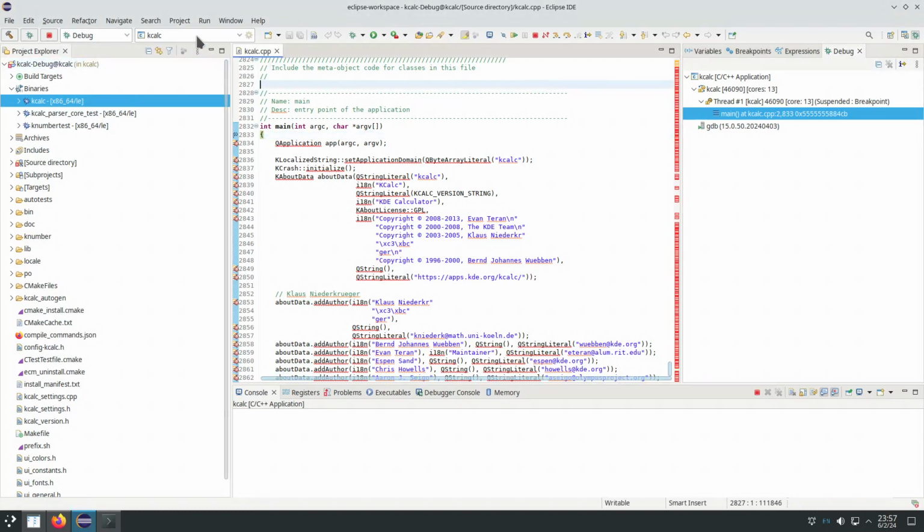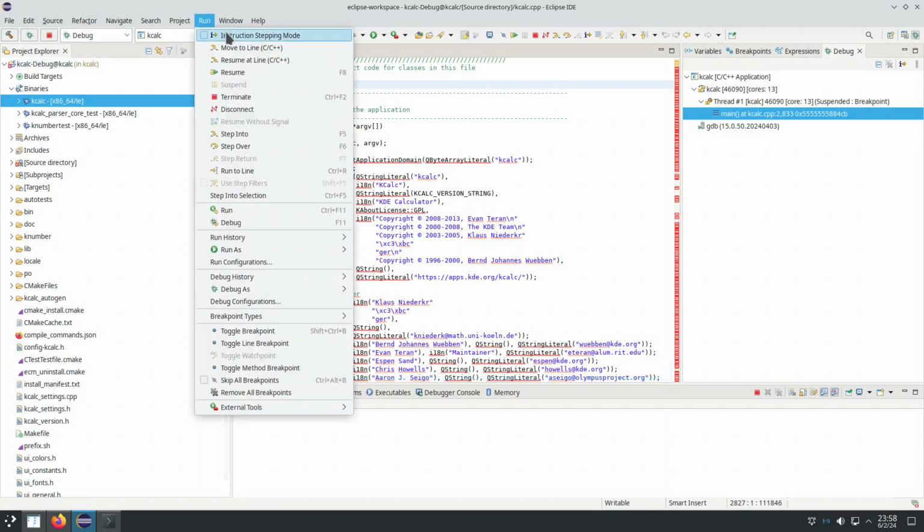Let's look at the shortcuts. Resume is go to the next breakpoint or exit if there's no other breakpoints. Step into F5, step over F6, step out F7. I don't really know these shortcuts, so I'm going to use the keyboard keys